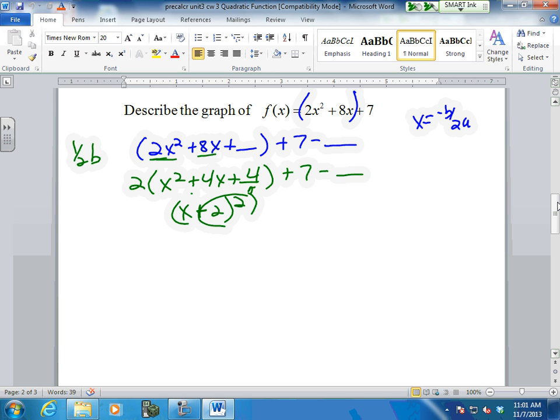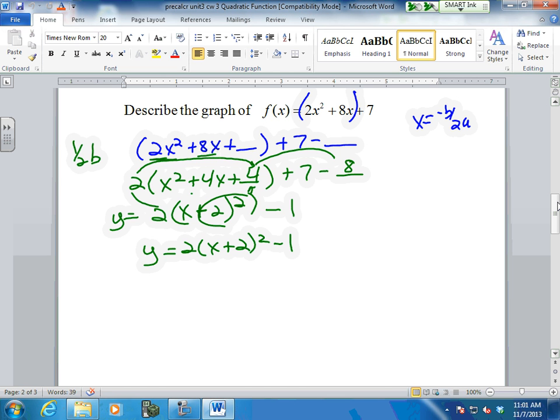Now, here's the problem. This guy's stuck inside this parentheses. In order for me to write him over there, I have to take him out of this parentheses. So I have to multiply 2 times 4. And what is 2 times 4? That goes over here. 8. So let's do the rest. Bring down this 2. That comes down. Y equals. And what is 7 minus 8? Negative 1. So here is our completed the square